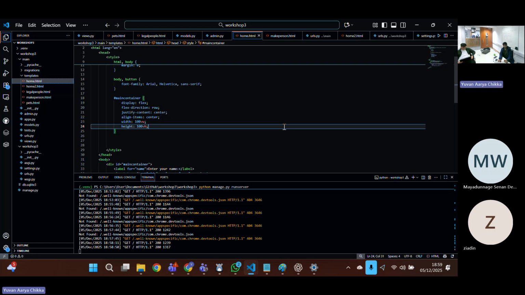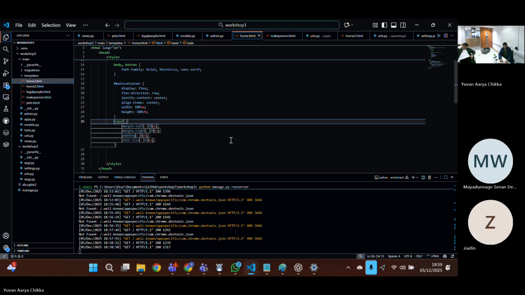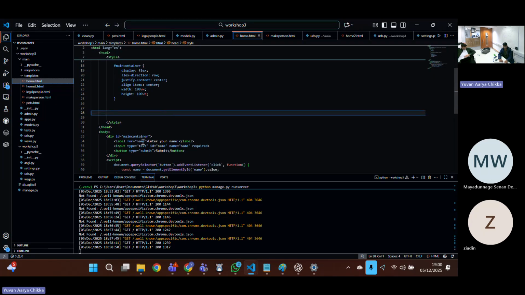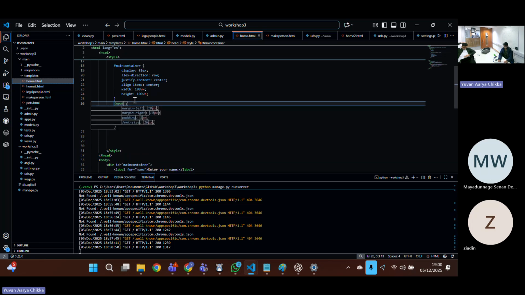So have the width and the height set like that. And then what we can do is, okay, so again, we have these three items and they don't look very nice because they shouldn't be next to each other like this. They shouldn't be squashed up together. So what we're going to do is give each of the items in here a margin, right? So what we want is for all items in the main container, we want to give each item a margin. And the way we're going to do that is to go